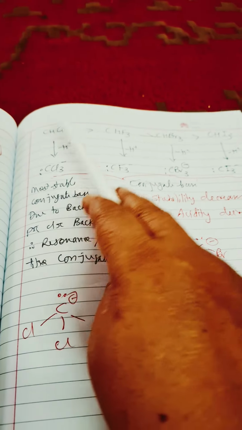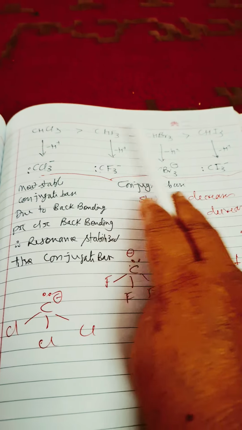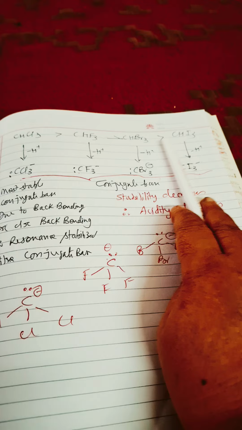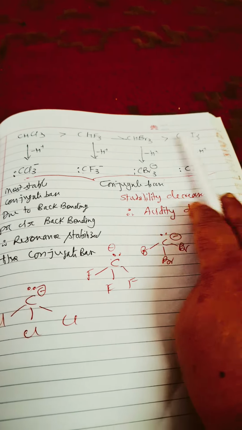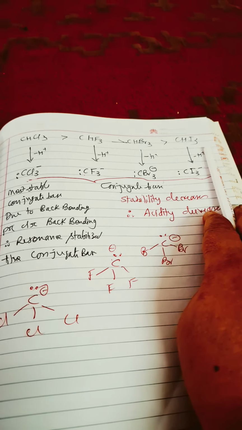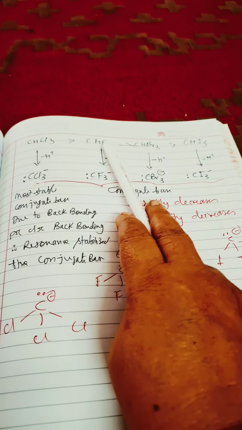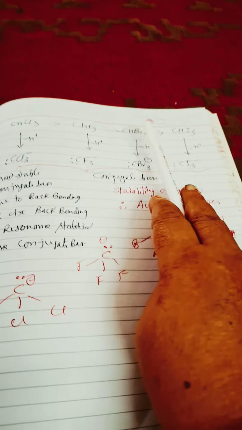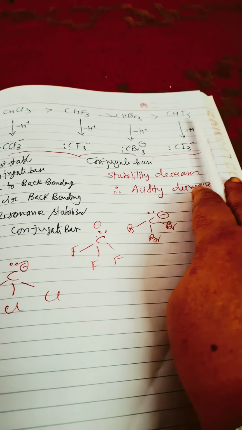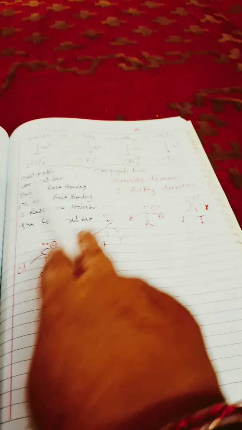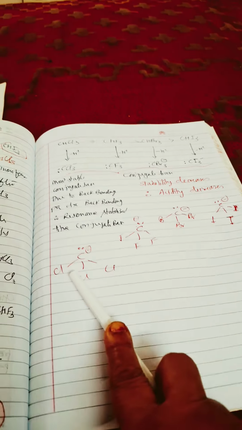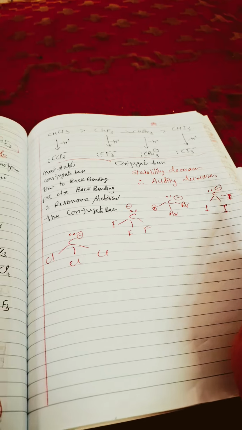Okay, back bonding overpowers inductive effect, but in this case there is a lack of back bonding because of the bigger size of Br and I, so effective back bonding is not occurring at that time. Inductive effect operates, and CHF3 is more acidic than CHBr3 and CHI3. Clear to you? So in this way we can say that all of them form conjugate bases. This is most acidic, and CI3 1 negative is least acidic.